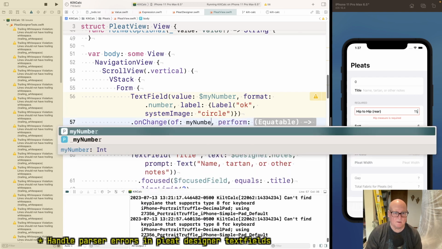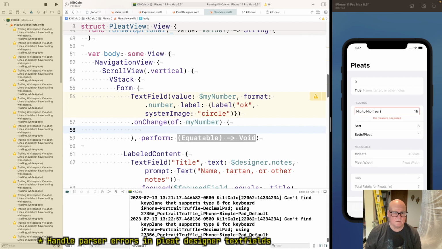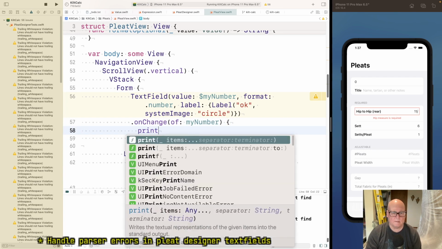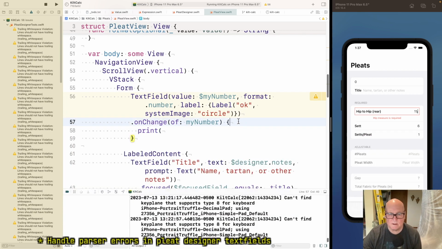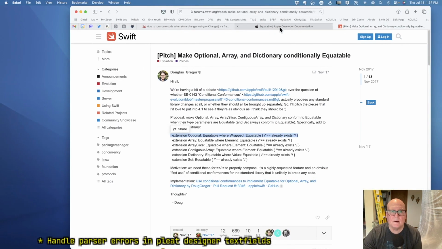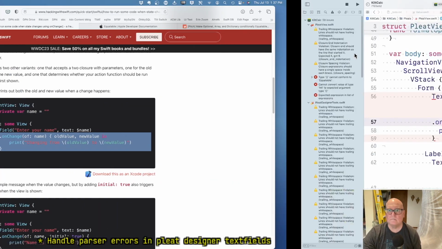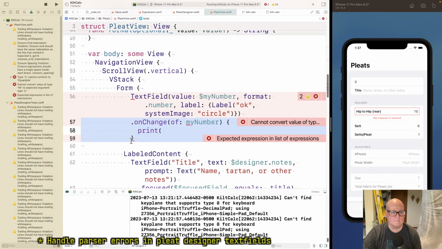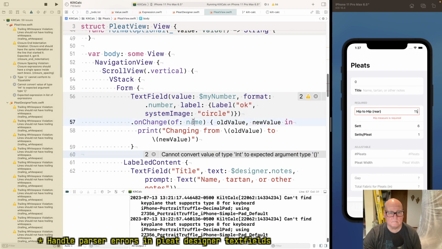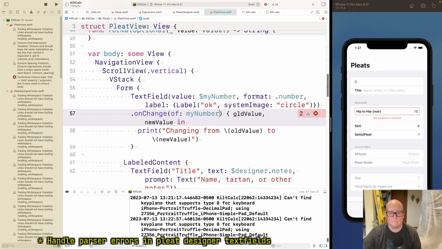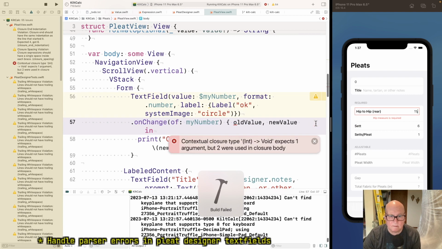Change of my number. Perform this. Then we had old and new somehow. Really?